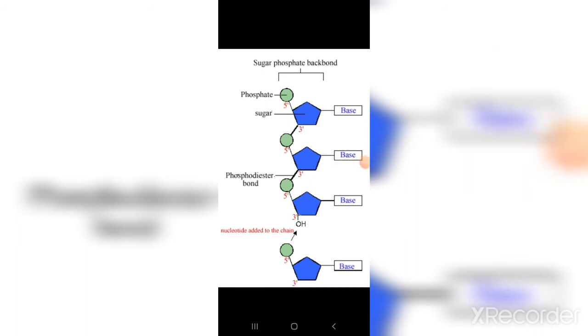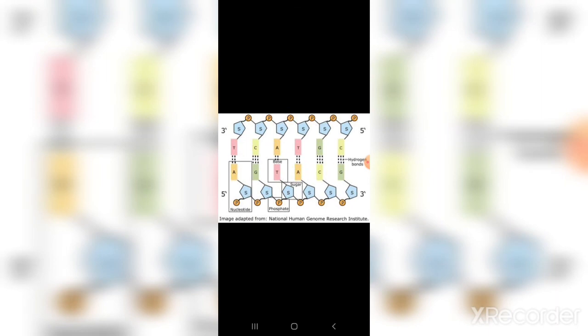Now coming to this structure, this is the basic structure of DNA, where two strands of DNA are shown. This is one chain and that one is another chain. It is like taking two strings hanging, where one has to be hung in the right way and the other upside down. This is the basic structure of DNA.